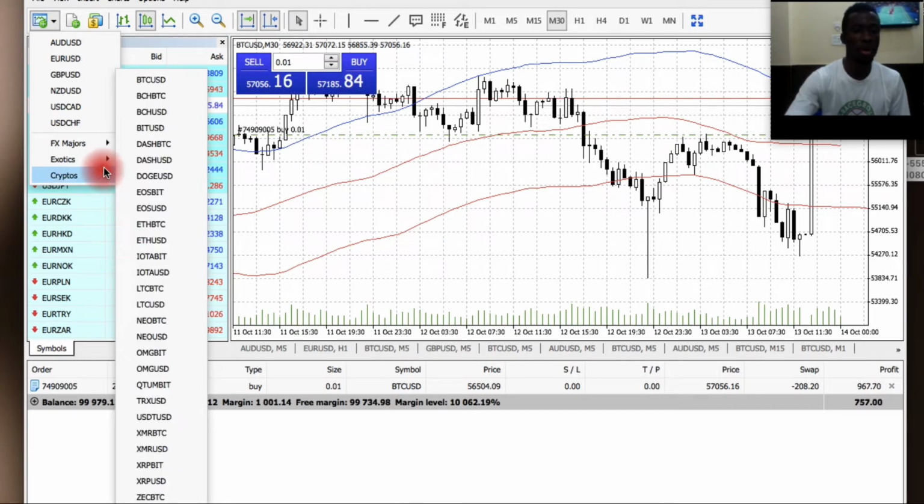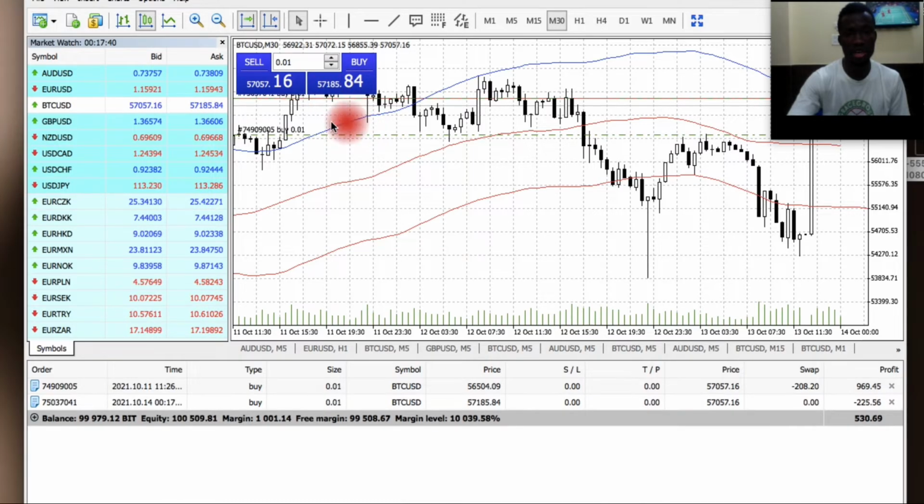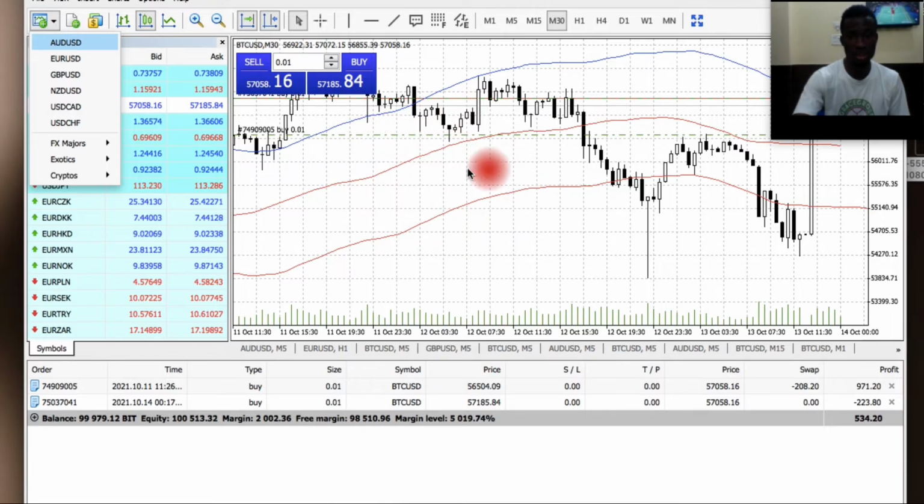So if you want to have a new chart, the chart that is here is Bitcoin and the US dollar. You can see where the red thing is. That's Bitcoin and the US dollar, right? That's a currency pair. Now, if we want to change the currency that is showing here, we can actually change